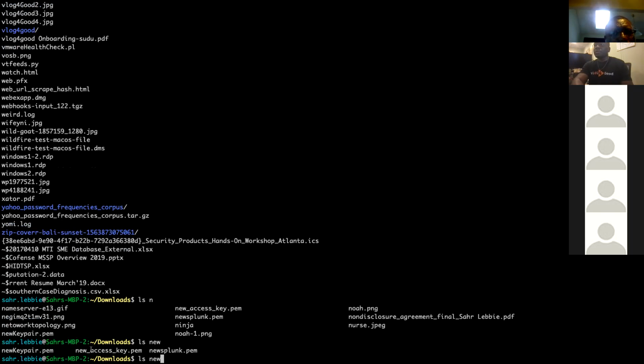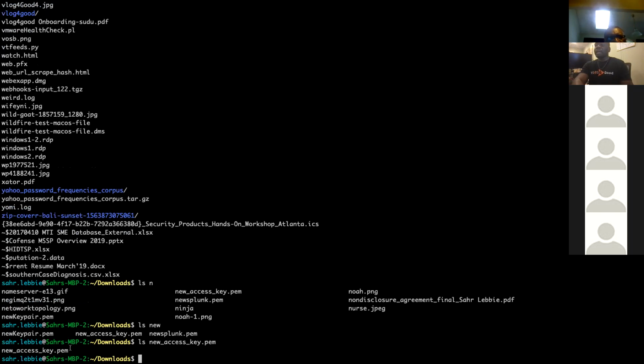So we know that it's new access underscore key, I think is what I named it. So new underscore, I'm going to tab again, and now it tells me that. So when I list this out, it tells me, okay, now this is just what you have here. So I need to